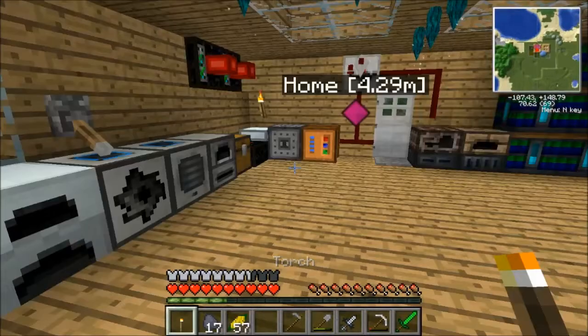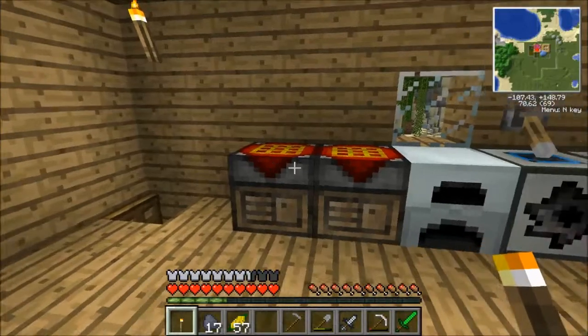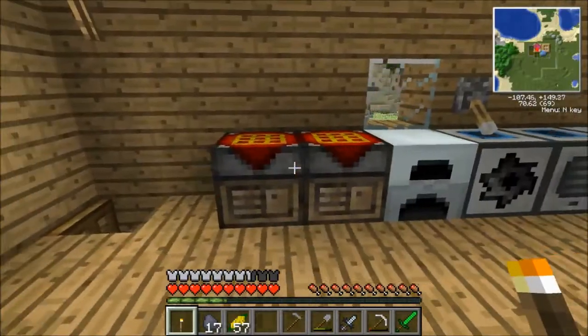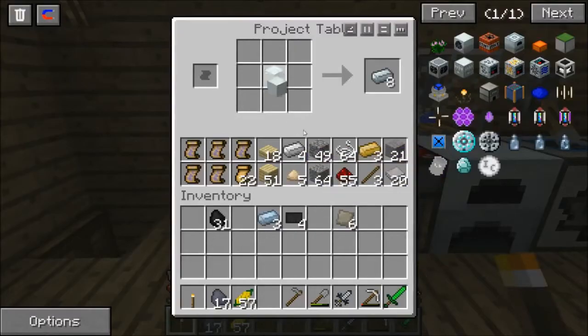Alright, and welcome back everybody. So we've made a few small changes now. As you can see, I built some carbon plating, some advanced machine blocks, and some advanced alloy. And the reason for that is because we are going to be building